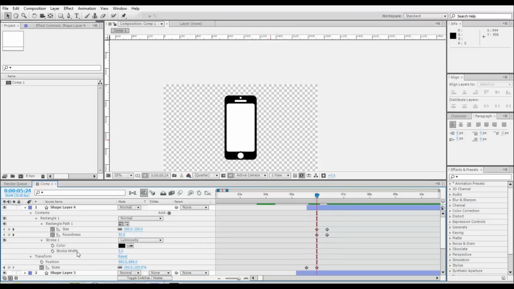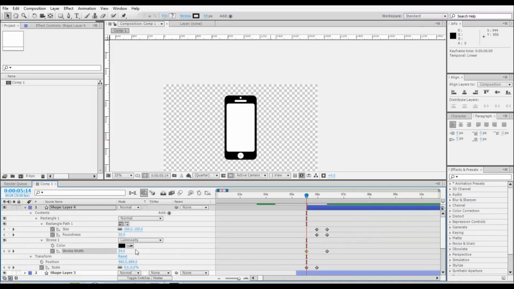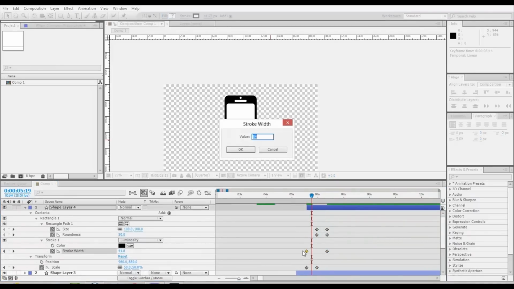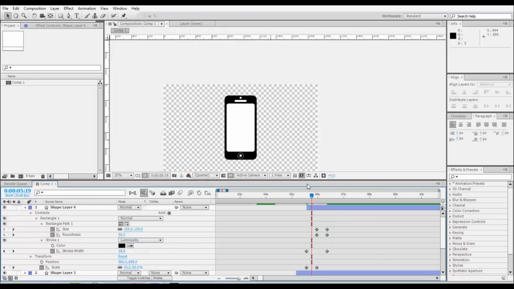Let's actually go in and animate the stroke width then, just because that'll be interesting. And set the stroke width up. Set its starting stroke width to be like 50. See what that does. Whoop. I don't really like how it expands out like that, but maybe I will when we go through and tweak